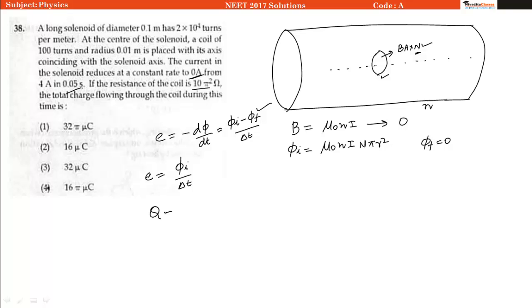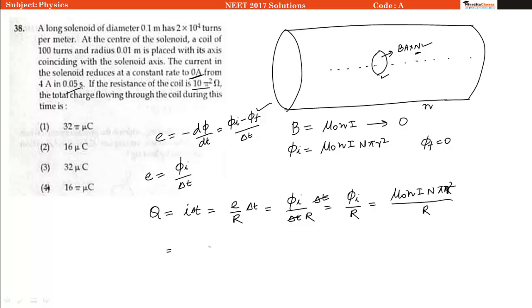So charge is equal to current multiplied by time, which will be equal to EMF divided by resistance multiplied by time. Putting the values, we have phi initial divided by delta t divided by R multiplied by delta t, delta t gets cancelled out, and we are left with phi initial divided by R, which will be equal to mu naught small n i capital N pi r square divided by